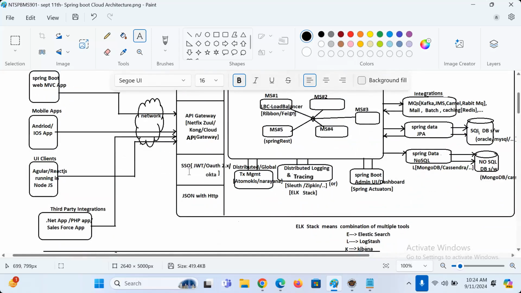Next, SSO, single sign-on. Instead of signing into every microservice, you sign in with the API gateway. Indirectly, it is signing you in everywhere, or not, guys? I'll tell the best example, boss. All our projects, this is also a project. If you complete login here and login on the other microservices also happens indirectly, that is called the single sign-on feature. Where are you enjoying the single sign-on feature? I will tell.